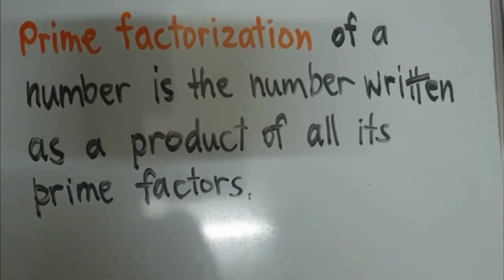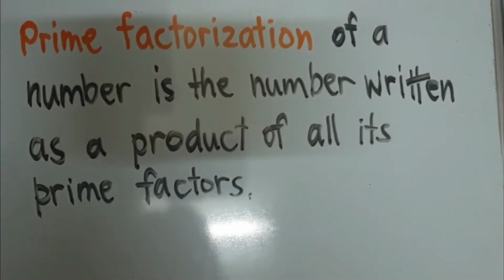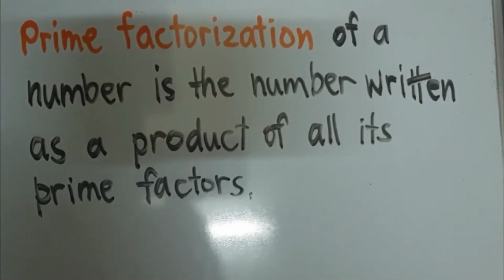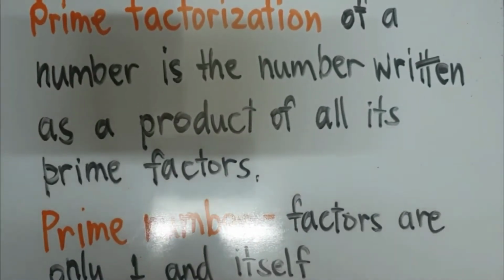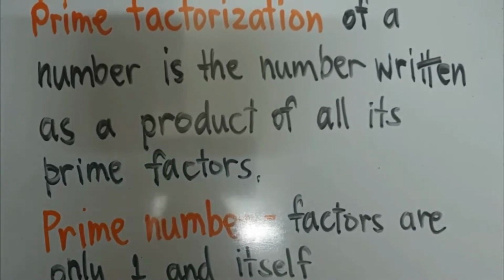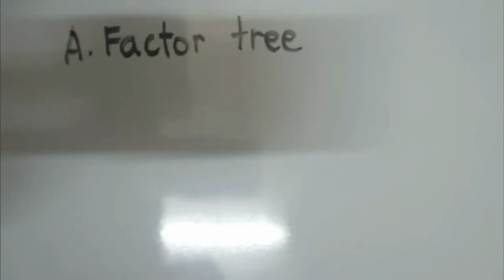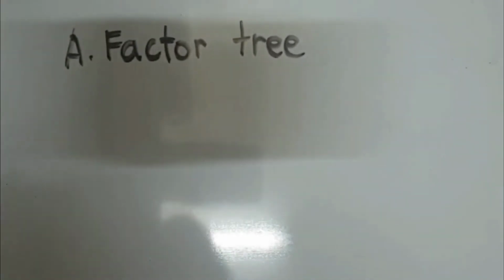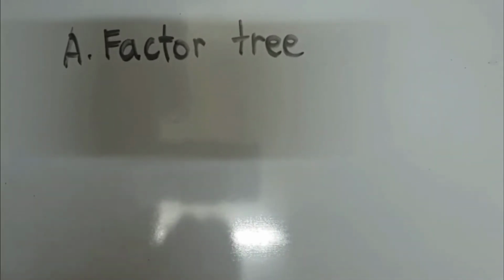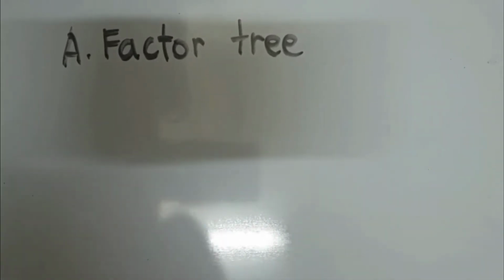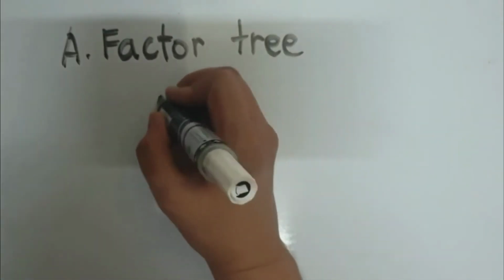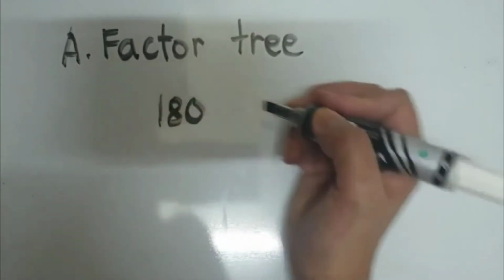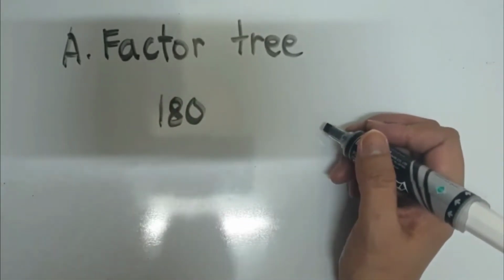Prime factorization of a number is the number written as a product of all its prime factors. Prime numbers are numbers whose factors are only one and itself. One way of finding the prime factorization of a number is by using a factor tree. If we will write the prime factorization of 180 using the factor tree, then you have to think of the